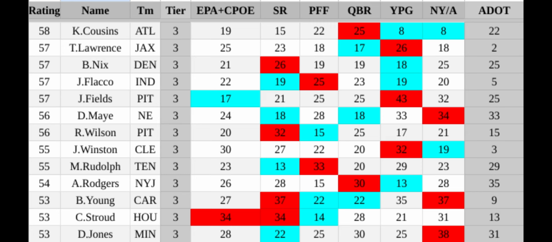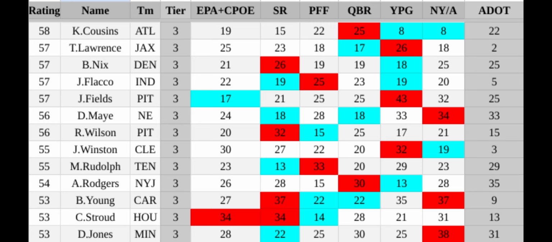Evan Engram, I don't know how much all three of them played together, but he had at least one of those guys basically at all times. And yeah, I think he was all right. And I think if he gets in a better scheme with Liam Coen, which I think is definitely possible, there's a chance he could be one of those fringe top 10 guys.